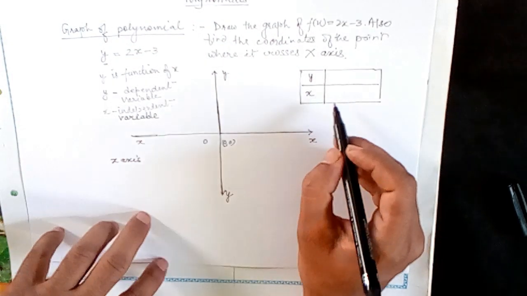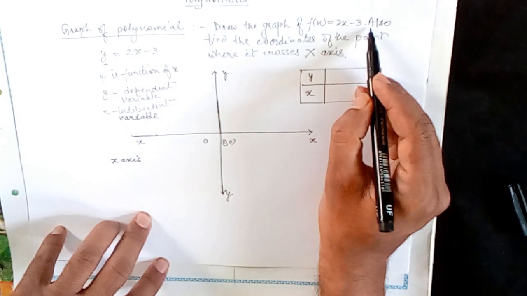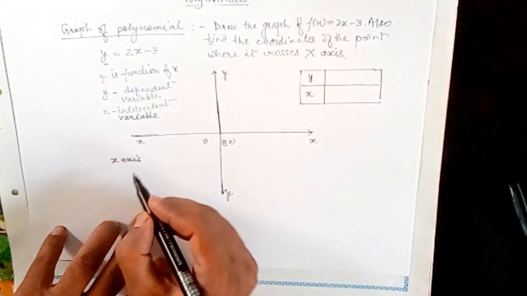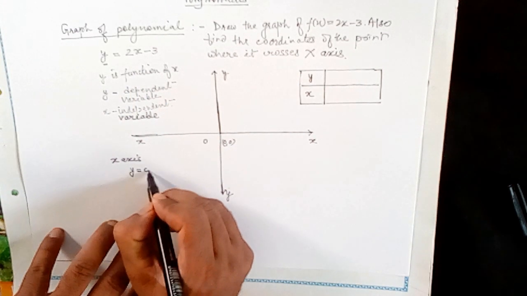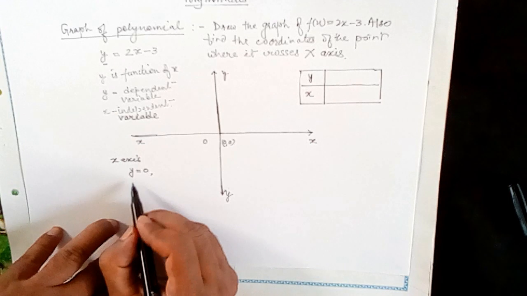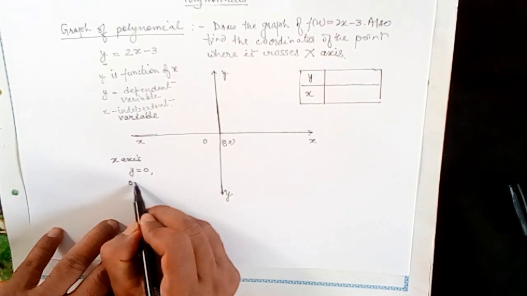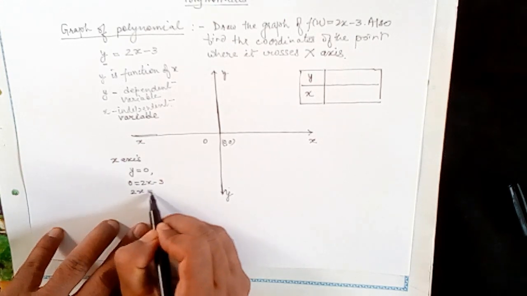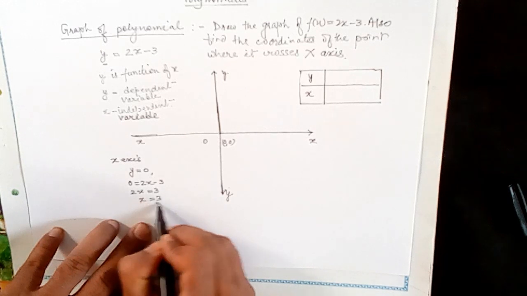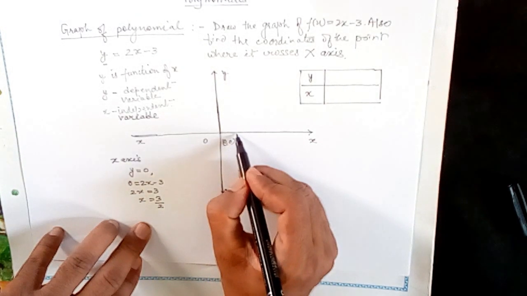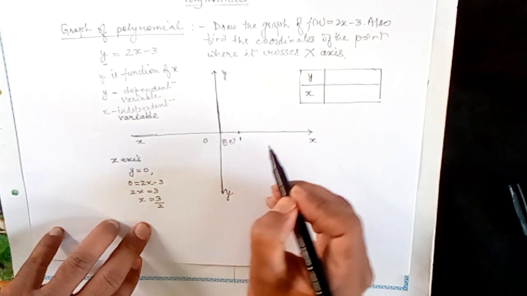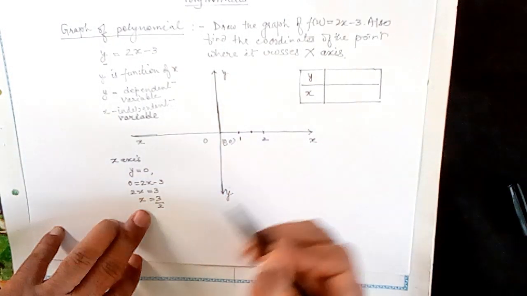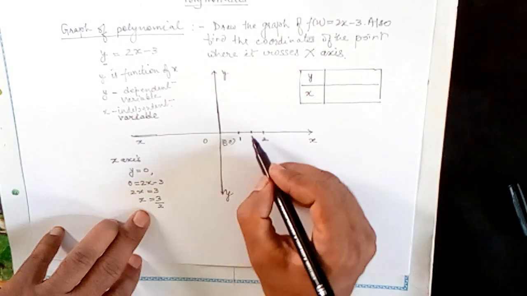So we have been asked to draw the graph of f(x) = 2x − 3, which means if we assume y = 0, what we are getting, we will see. 2x − 3 = 0, so 2x = 3 and x = 3/2. The point will be somewhere here, assume this one and this is 2, it is 3/2 which means 1.5, nearby here. So the coordinates we have got on the x-axis,